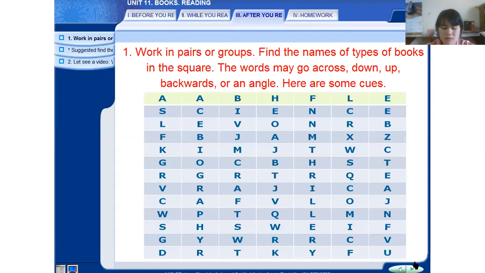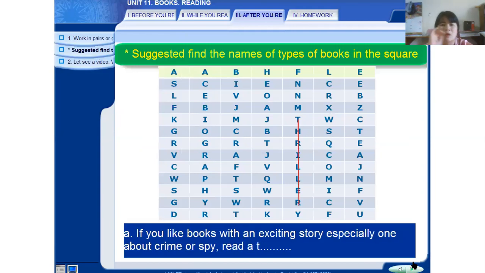các loại sách ở trong cái ô vuông này. Những từ này có thể đi đường ngang, đường dọc xuống, đường từ dưới lên, đi ngược lại, hoặc là một cái góc, cái từ đó xếp thành từ trong cái góc, và gợi ý. Các bạn xem cái gợi ý ứng với từ nào. Ví dụ